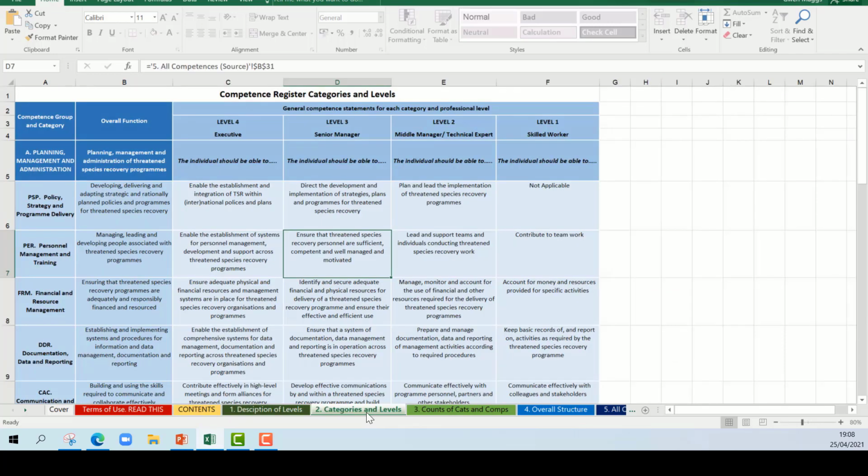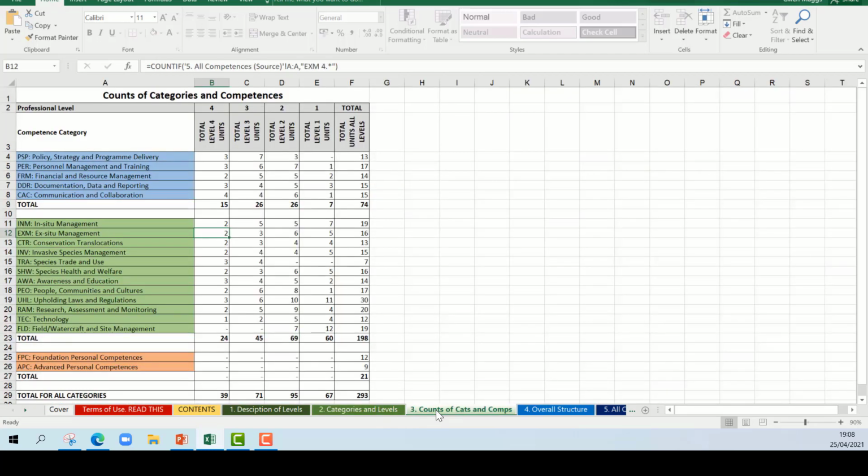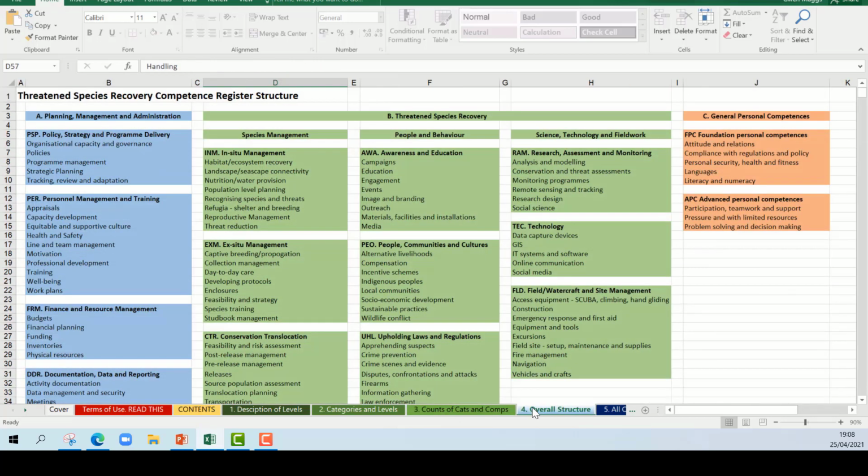Tab 2 outlines all the competency categories and professional level statements and overall function. Tab 3 is a count of the number of competencies in each category, group and level. Tab 4. This is the overall structure of the Competence Register, outlining the broad subjects within each category to assist you in finding the location of the